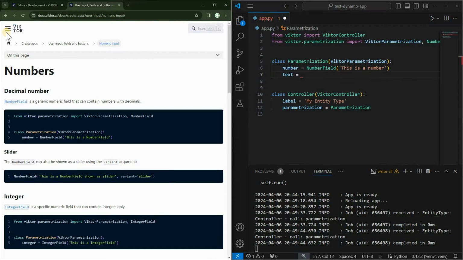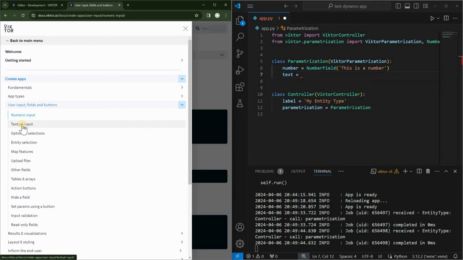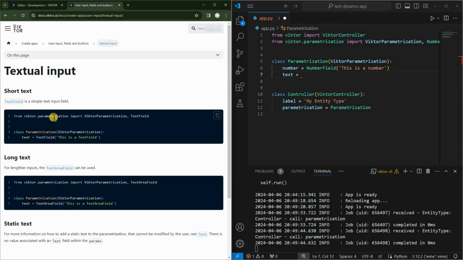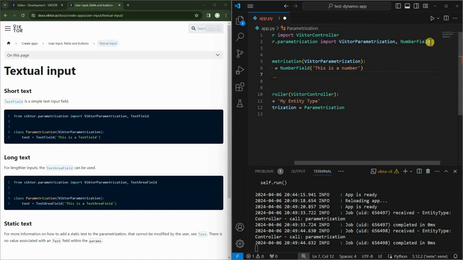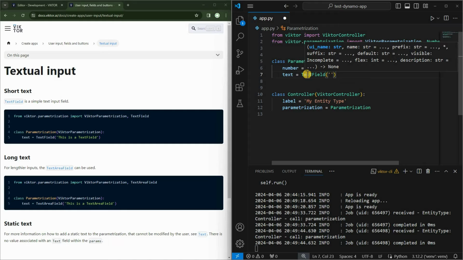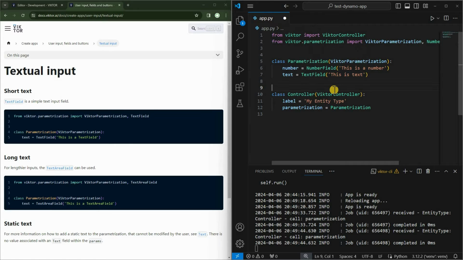So head back to the docs, click on these 3 lines again, and then look for textual input. All right. So as you can see here in the parameterization again, in the boilerplate again, we need to add a text field. So at the end, add a comma, and then say text field. Head back, and then type in text field, and then let's type in here, this is text, and then save it,